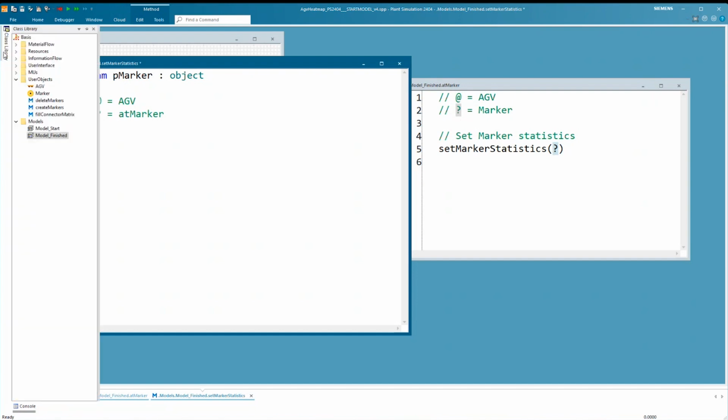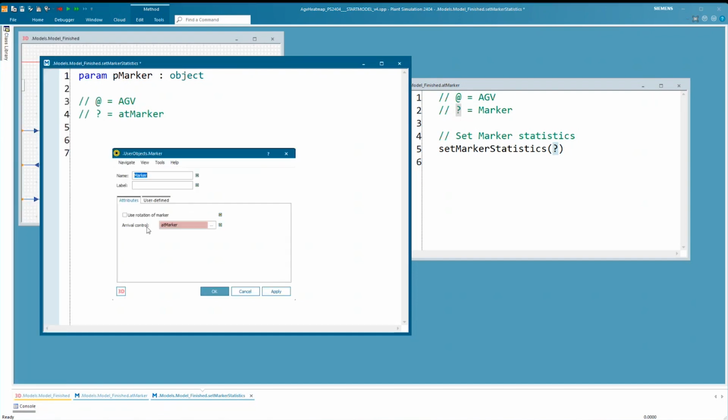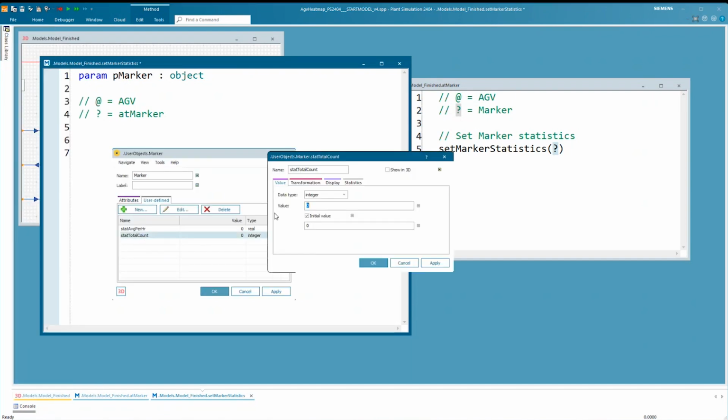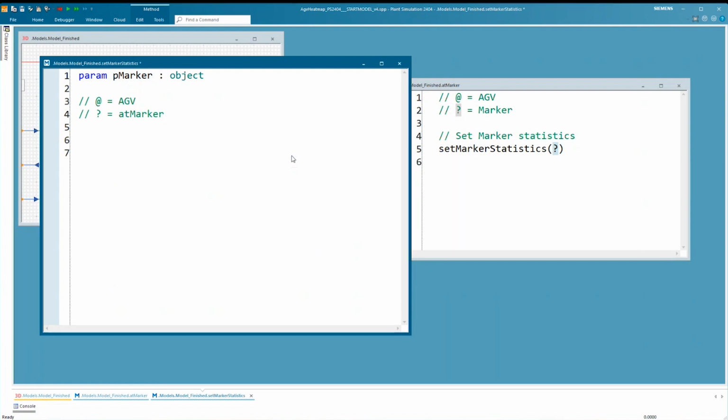So I have my marker attributes. Let me just copy them. So I simply count my total count up by 1. And then I have my second attribute, stat average per hour.